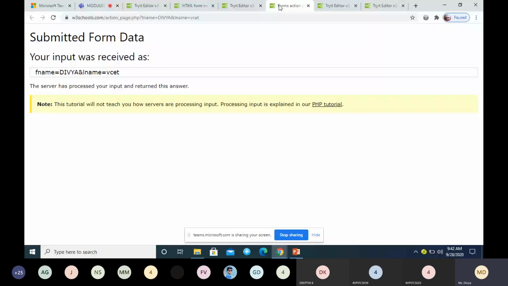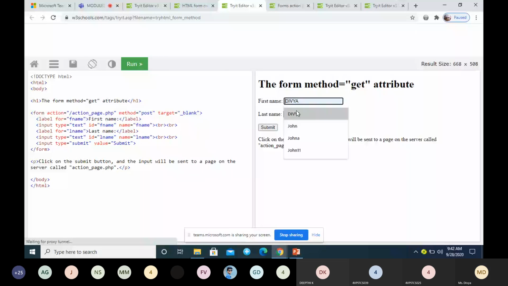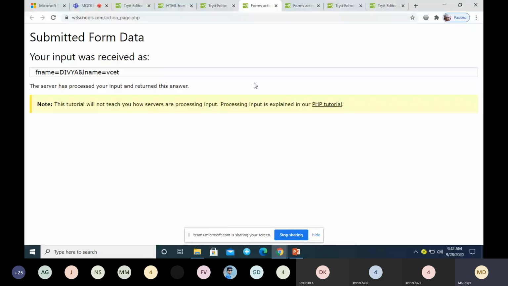If I specify post, enter the data and click on the submit button, this is how you are getting it. Can you tell me what is the difference between these two pages? This one is using the get method and this one is using the post method.